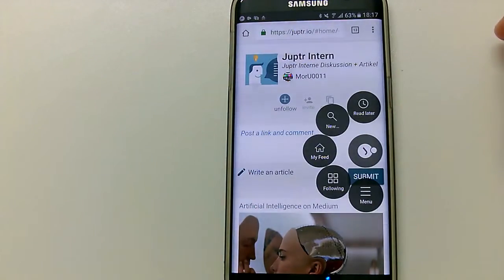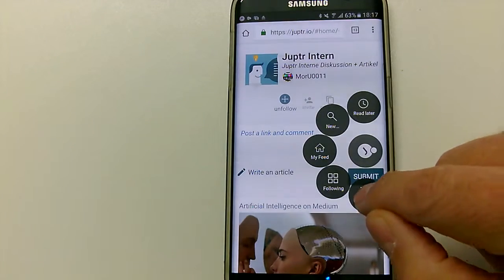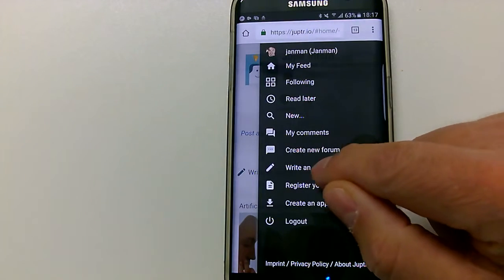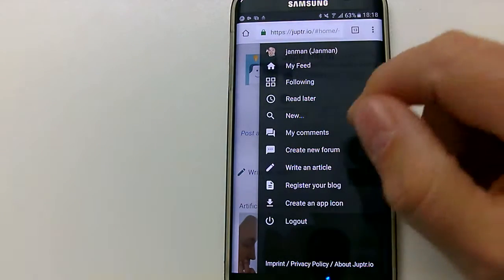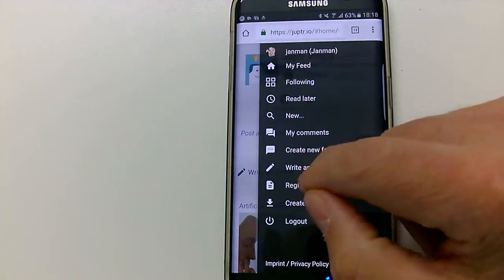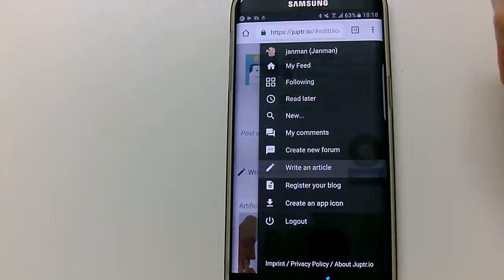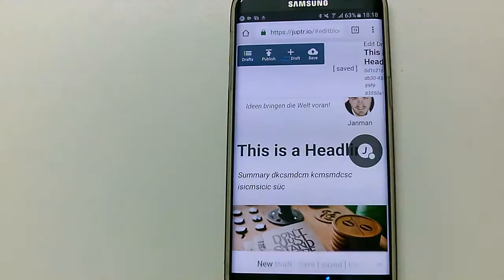Here is a feature. It's in the menu, and it's under Write an Article. So Jupyter is not about posts like I'm back from vacation or something like that. It's not Facebook. It's about real articles. It's deep content and interests of other people and your interests. So write an article. You enter a